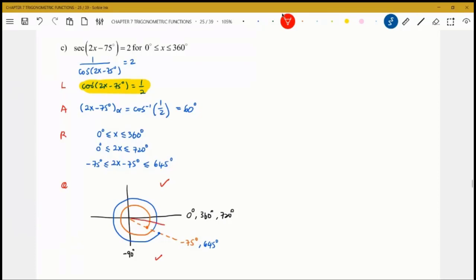Ini adalah negatif 60 degree. So first angle kita adalah pada yang ini. Okay. And then dia akan jalan lagi sebanyak 60 degree. So di sini adalah 60 degree. And then pusing second rotation, dia jumpa point yang sama. Dia jumpa point yang sama pada second rotation. So 60 di bahagian bawah, 60 di bahagian atas. Okay, so answer kita adalah,